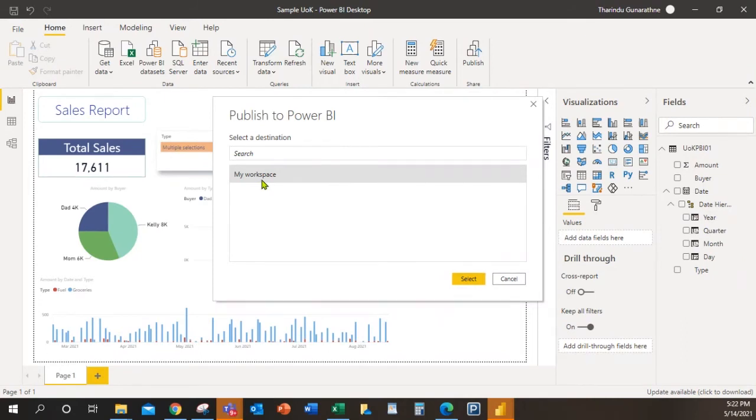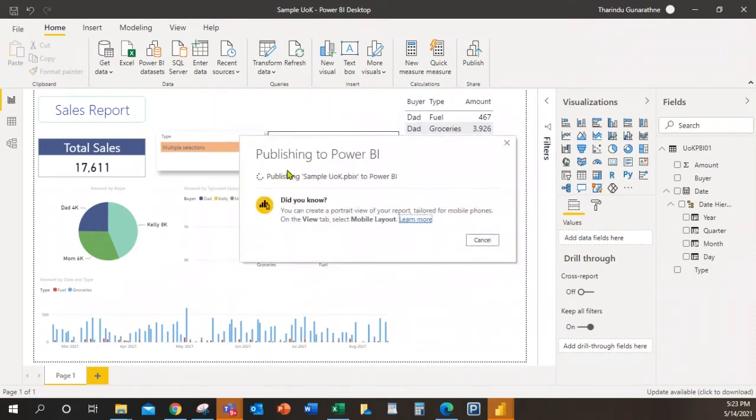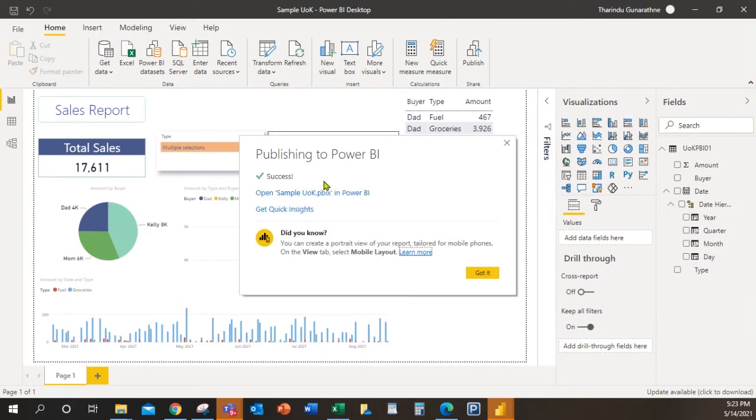Likewise, you can have many workspaces. Now I'm selecting my default workspace, which is my workspace. Now the dashboard is publishing. From this link, I can open the Power BI dashboard.